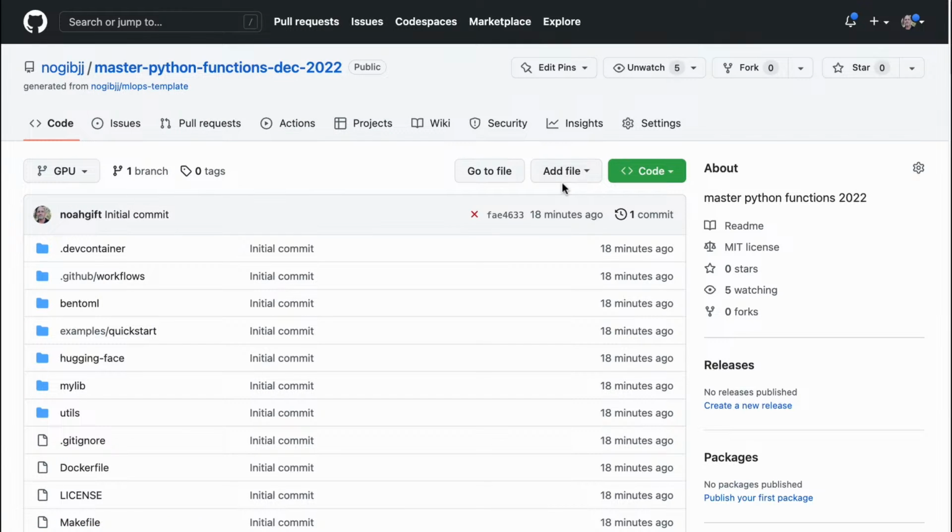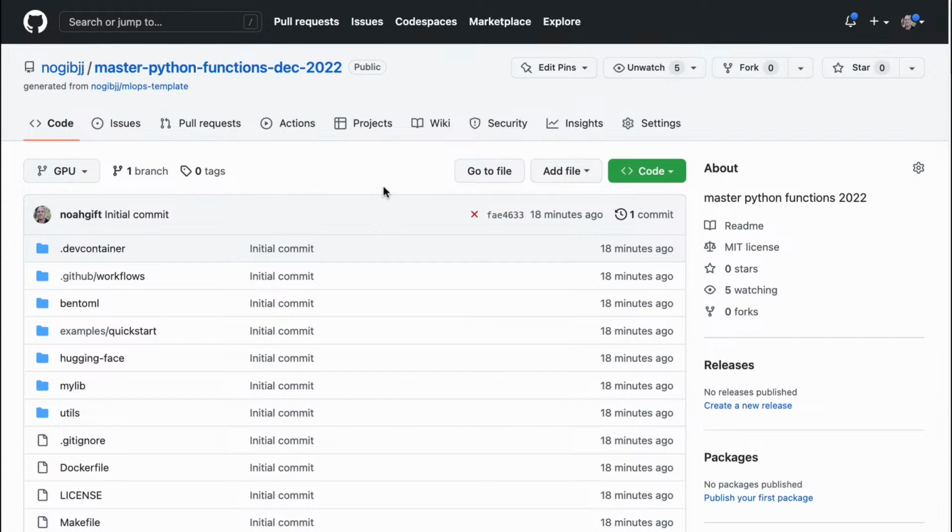But one of the things I'm going to be doing in this particular environment is I will be doing a little bit of stuff with the GPU. So that is something that you don't have to use, but I wanted to show some cool things that you can do with the GPU with functions as well. But again, it's going to be this repo that I just put into the group chat.